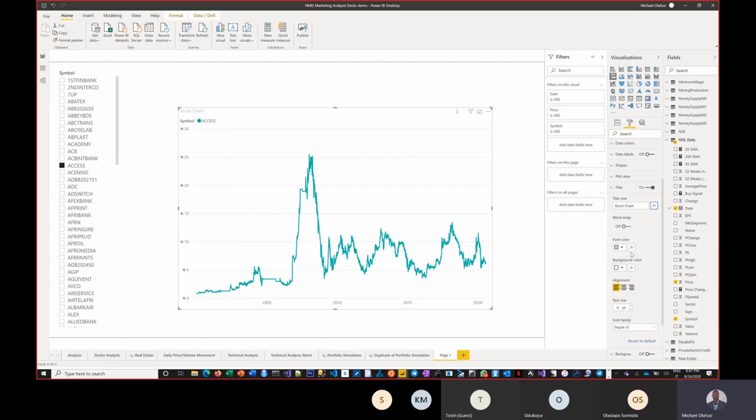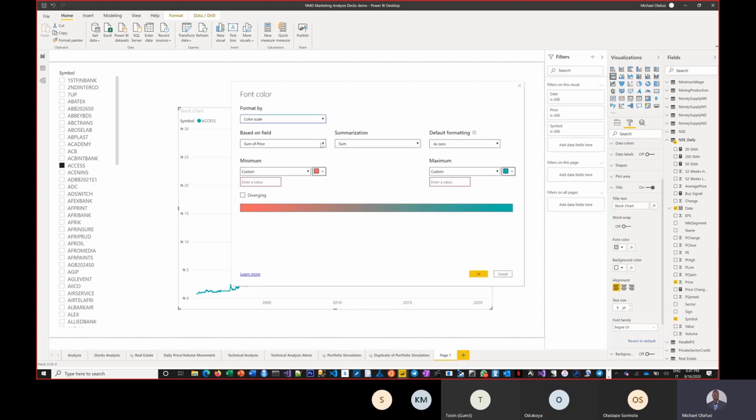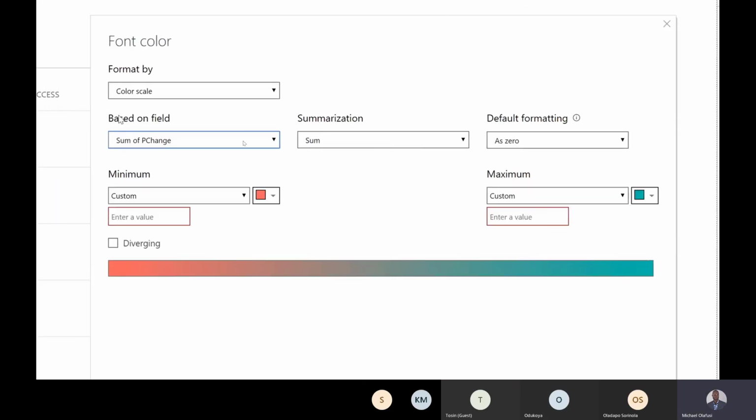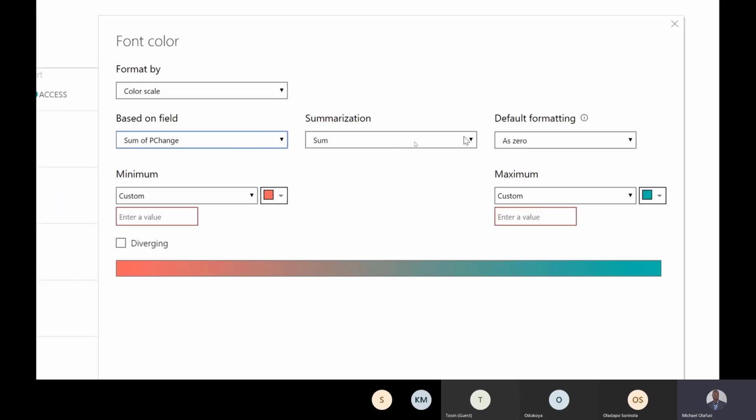Maybe for font color, let's see. Okay, so let's use it for this one. I'm going to type again the price change. Right, so price change. For this it is allowing, but for that title it is not letting me pick value. So let's just use this one for this demonstration. So I pick font color, right? And then I say if the sum of all the price change up until now is less than 0,